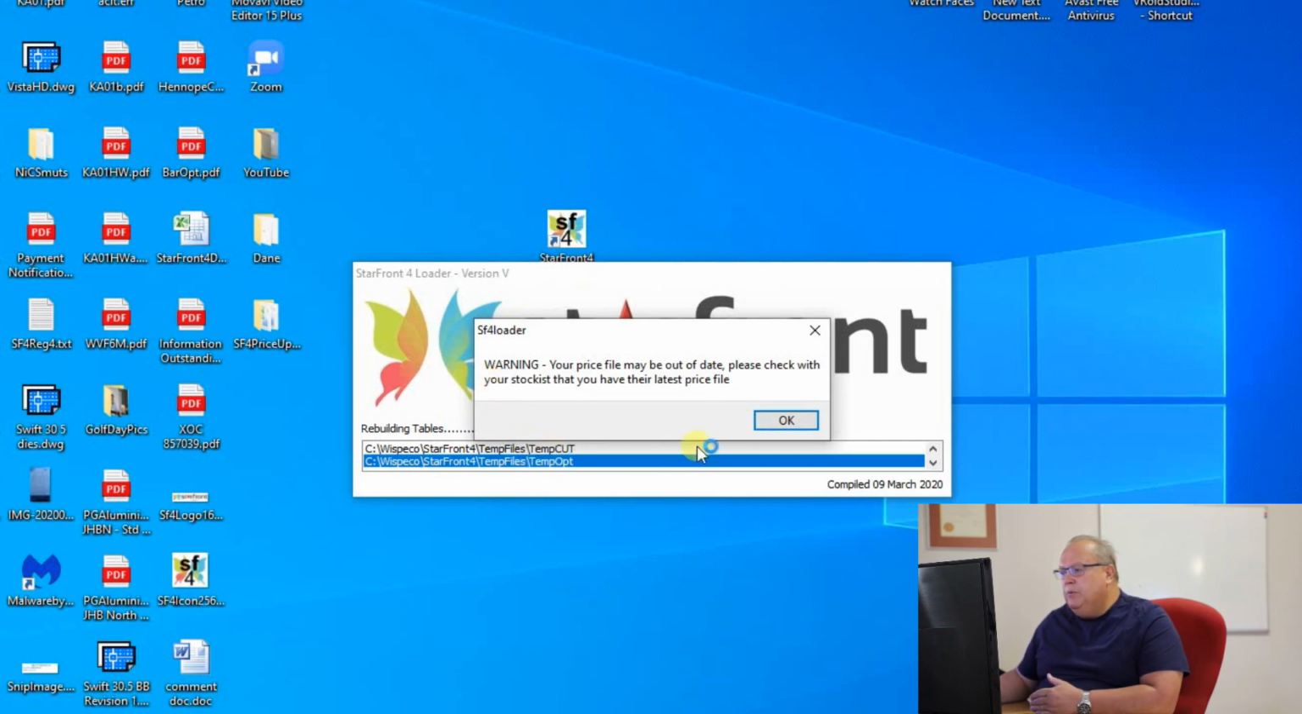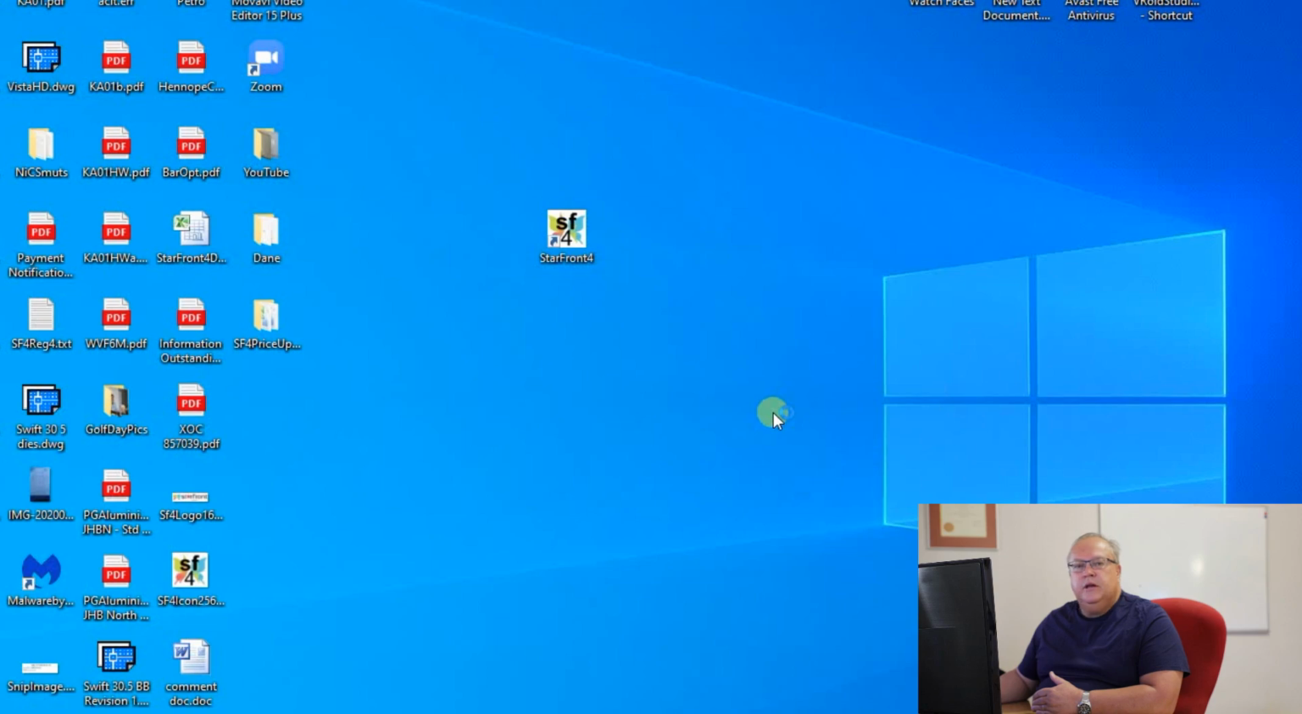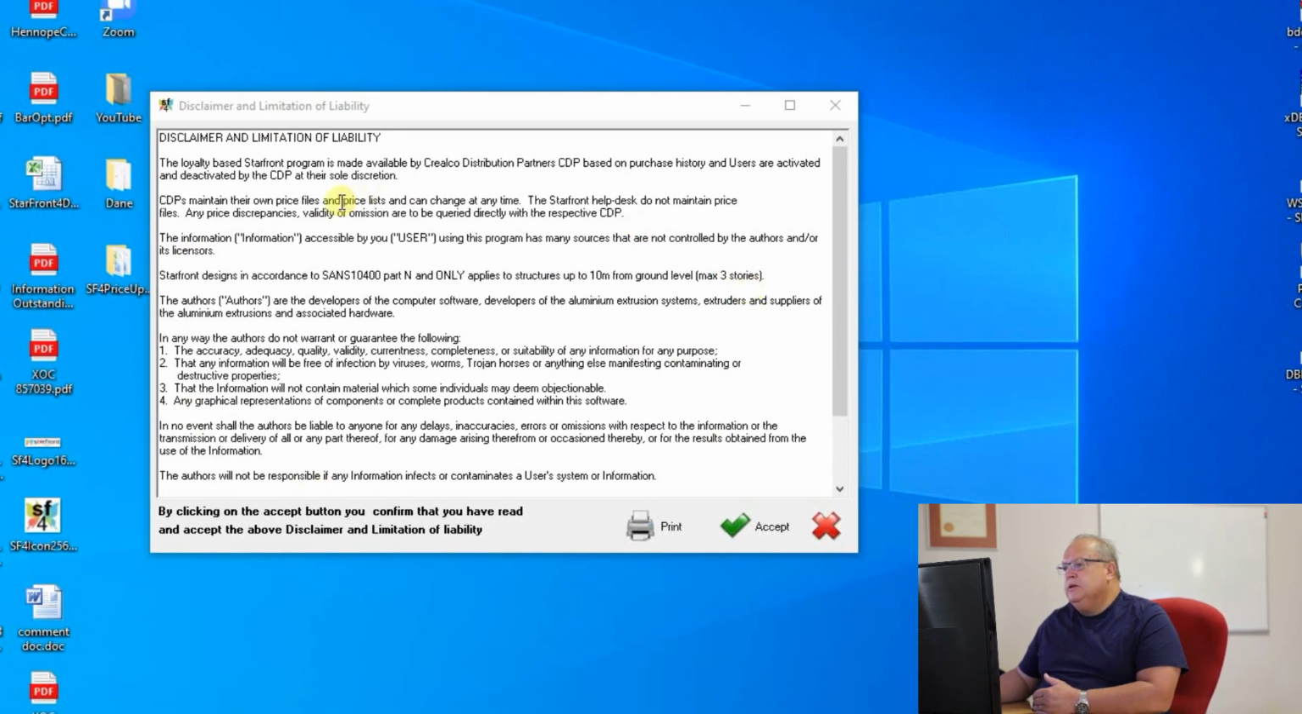You might also optionally get a warning message like this, which says your price file may be out of date. Please check with your stockist that you have their latest price file. This doesn't mean that your price file is out of date. It's just a warning that if the price file has not changed for 9 months, it'll come up with this warning, so you can just verify that your price file is the latest price file. You can simply click on the OK button, and that will then take you directly into StarFront under the disclaimer